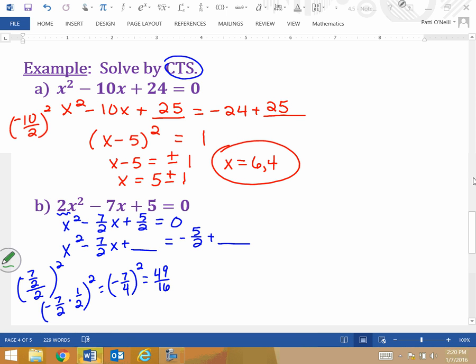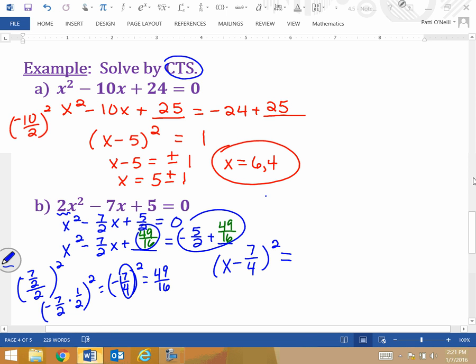49/16 is going to be the number that gets added into both of those blanks. Now to factor, the number that I got right here, or the square root of this value, which is 7/4, is going to become what goes into the factored form. So we have the quantity of x minus 7/4 squared equals, when I simplify this,